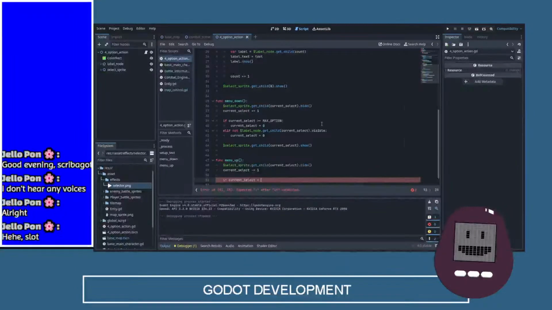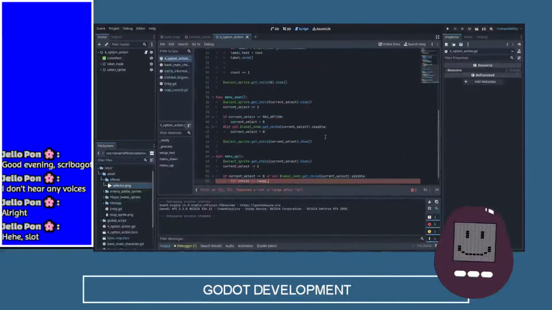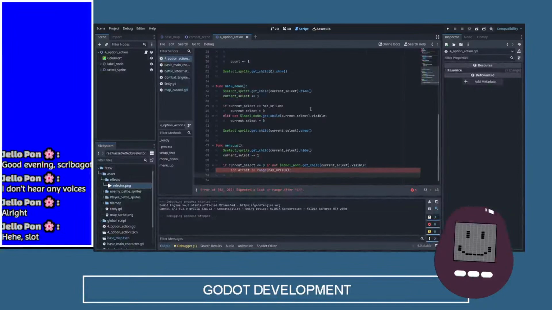If current select is less than or equal to 0 or this, we're going to figure out what the top one is. For offset in range, action option. If